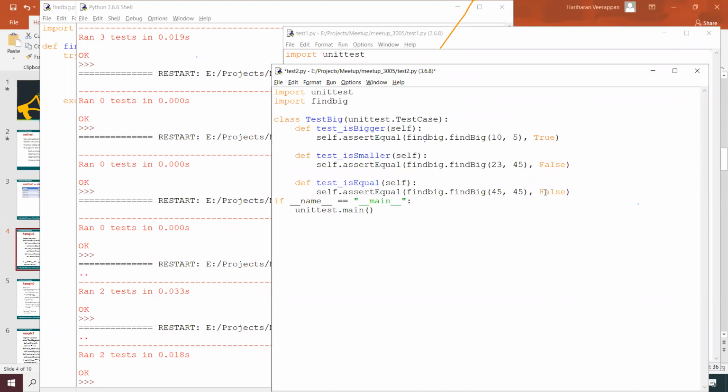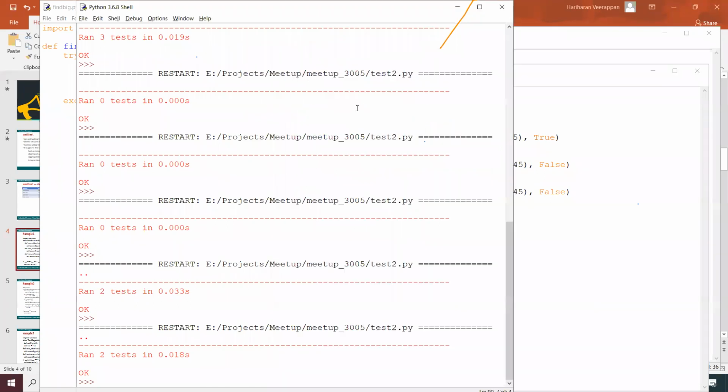Since our test plan is to find the bigger number, in case both are equal it should return false, so that it is not greater. Basically, over here it's not bigger than B, so let's check now.